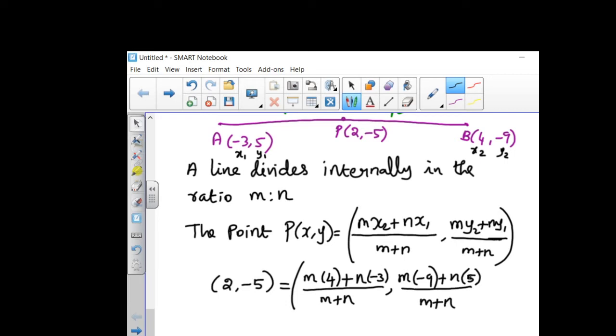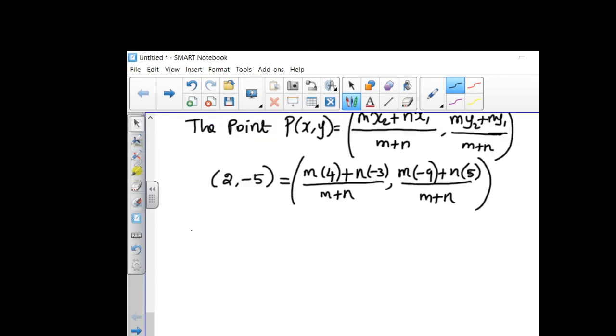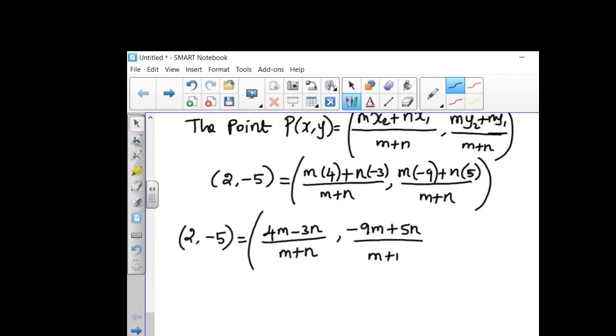Okay, therefore (2, -5) is equal to (4m - 3n)/(m + n), (-9m + 5n)/(m + n). Okay, now we are going to compare the coordinates, x coordinate and y coordinate. That means